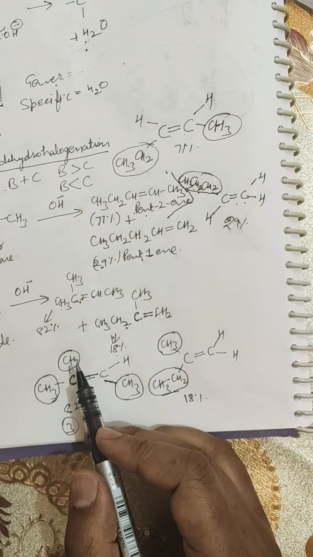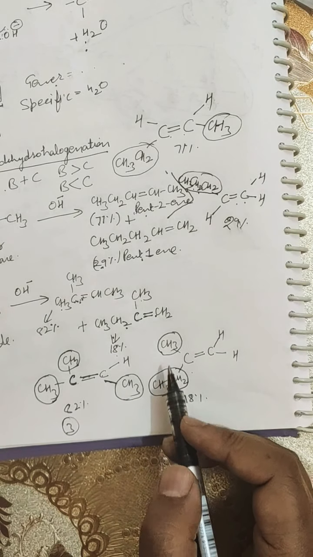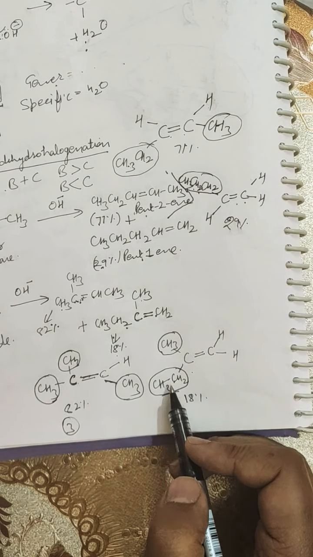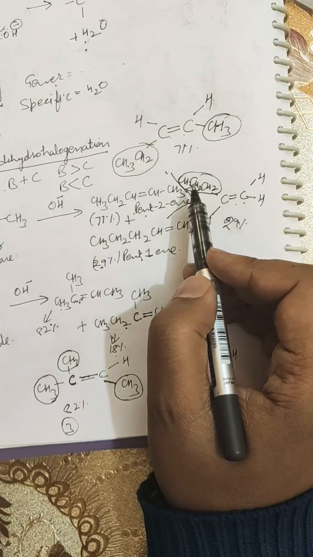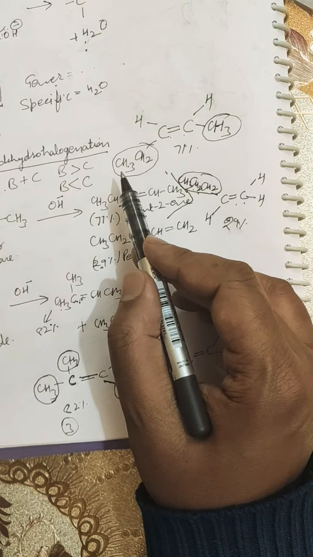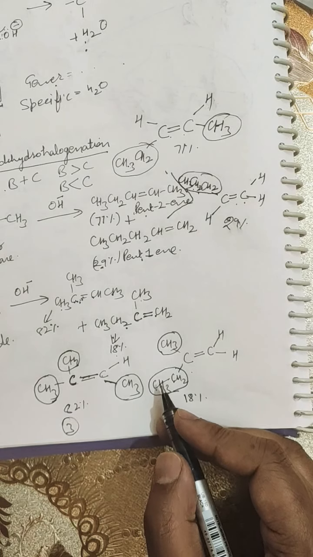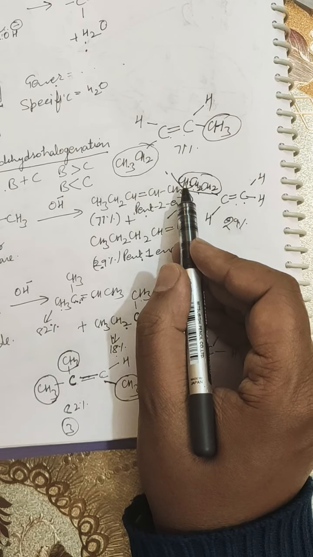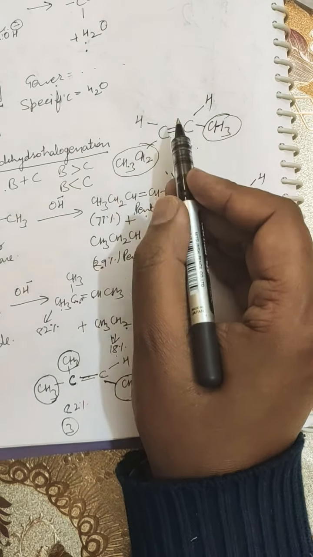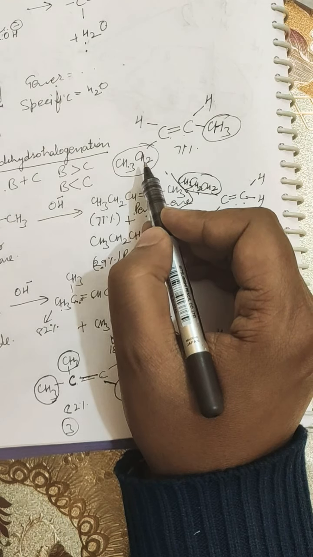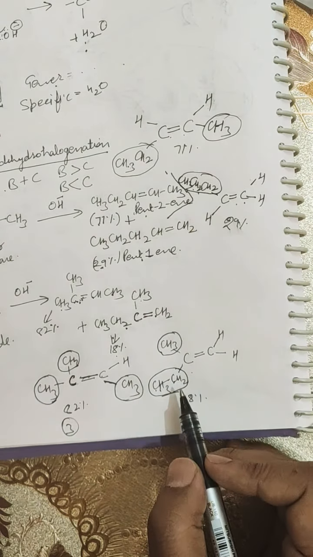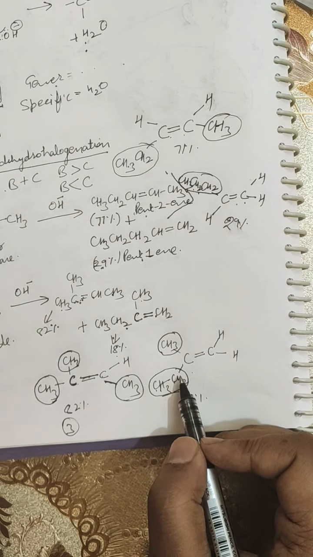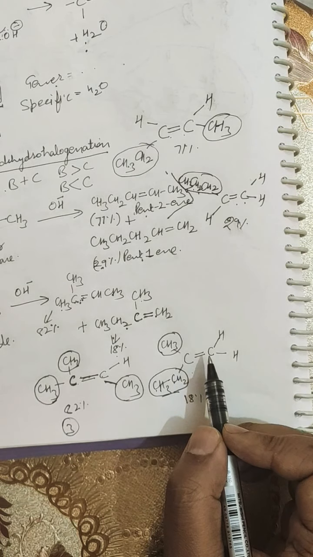So there are such groups, 1, 2 and 3, and here only two groups are attached. Although this alkyl group possesses two carbons, one carbon, second carbon, and here also one carbon, two carbon and third carbon, and here the first carbon and second carbon, these CH2 or CH3 groups are not directly attached to the doubly bonded carbon. Only this carbon and this carbon are directly attached to the doubly bonded carbon. So we count substitution for those carbons which are directly attached to the doubly bonded carbon.